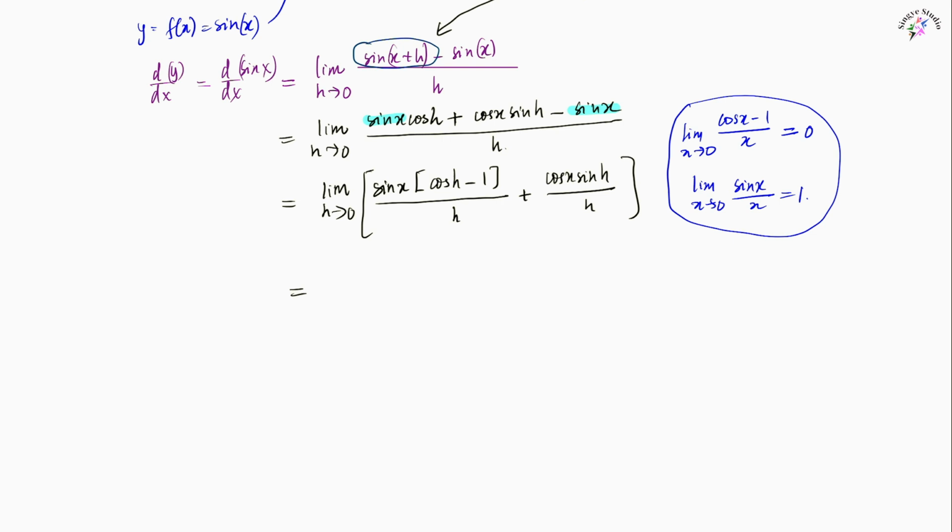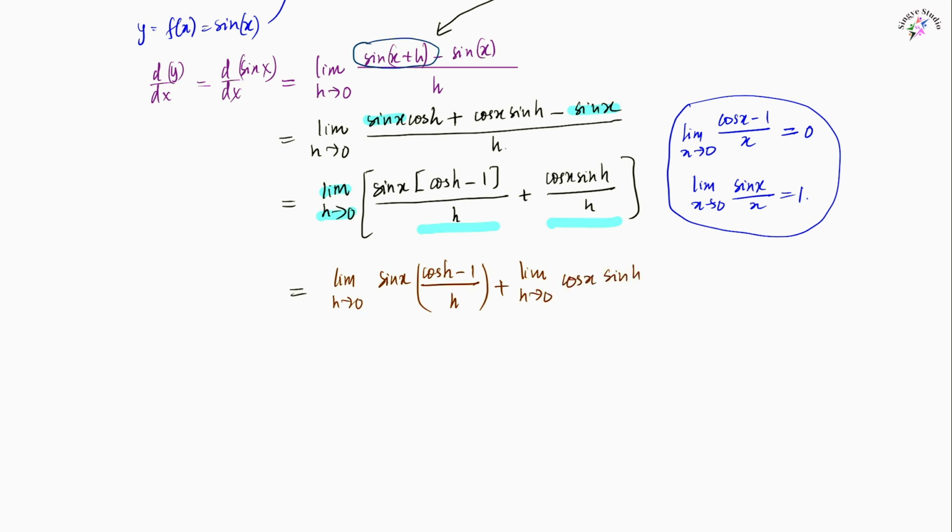We can distribute the limit to both of the terms, and by distributing it, we will get the limit as h tends to 0 of sine of x times cosine of h minus 1 divided by h,